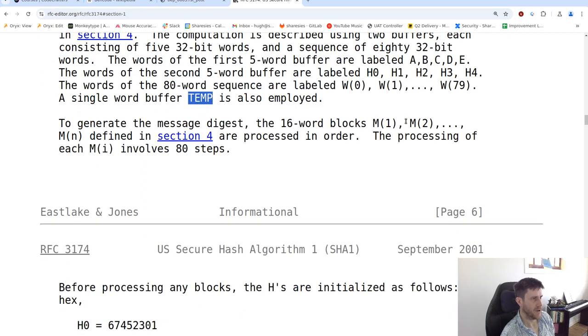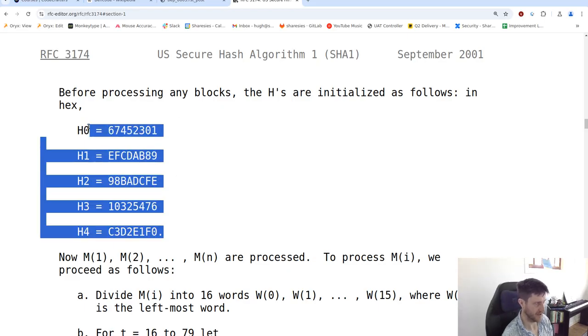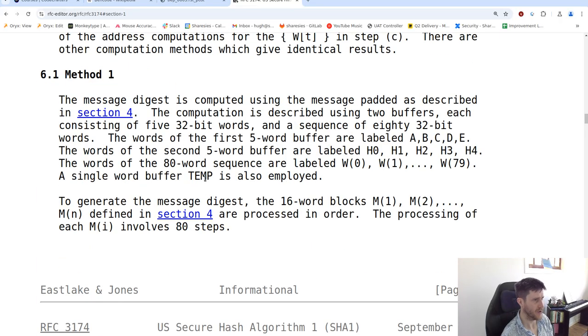And so each block we do these 80 steps. The first step is to initialize the H buffer to these things. The A, B, C, D are originally set to